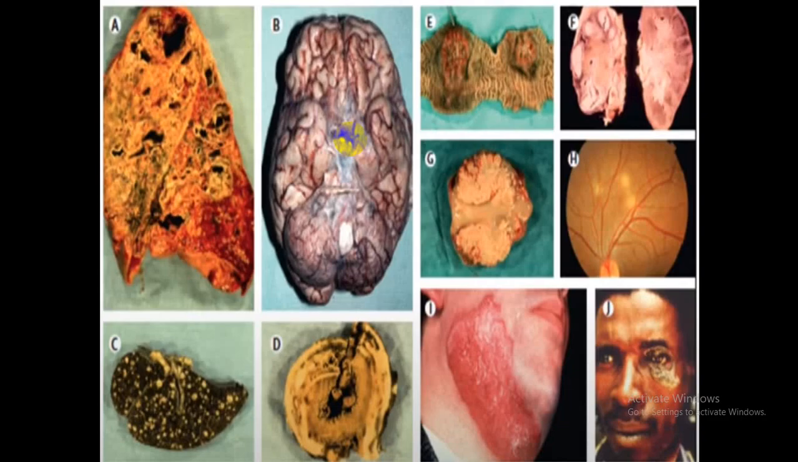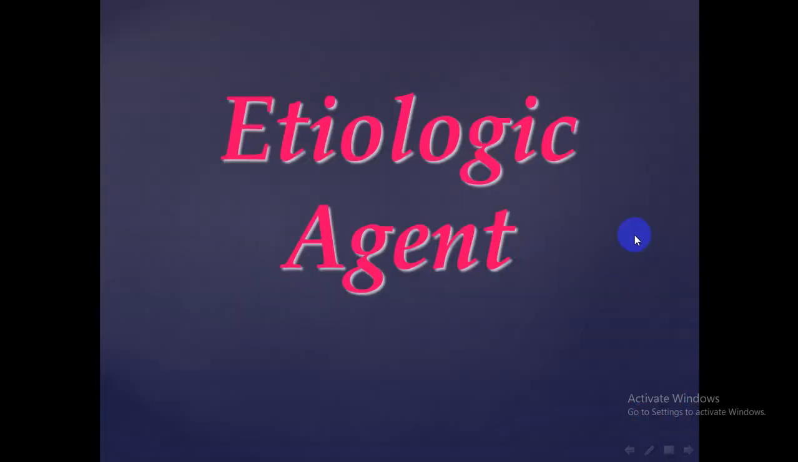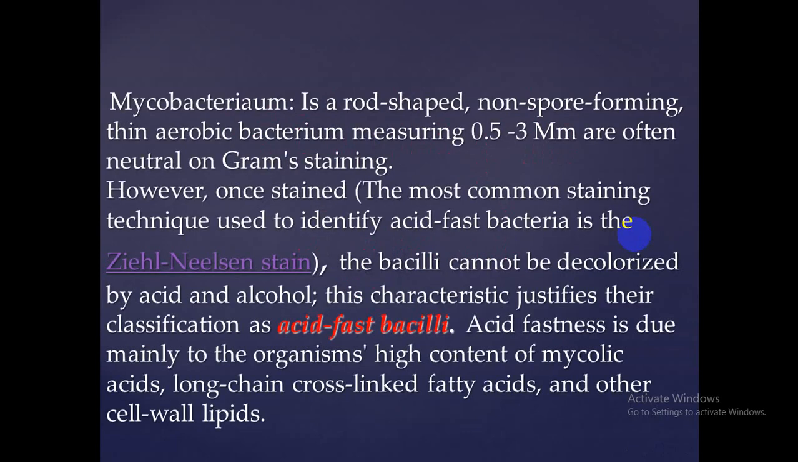This is the gross pathology of patients getting TB of the lung, of the brain, of the liver, of the spleen, and even the retina. Now the etiology. What is the etiology of TB? As I said, the causative agent is a bacillus. We call it Mycobacterium tuberculosis. These bacilli are non-spore forming, rod-shaped, aerobic bacilli, about 0.5 to 3 micron, and